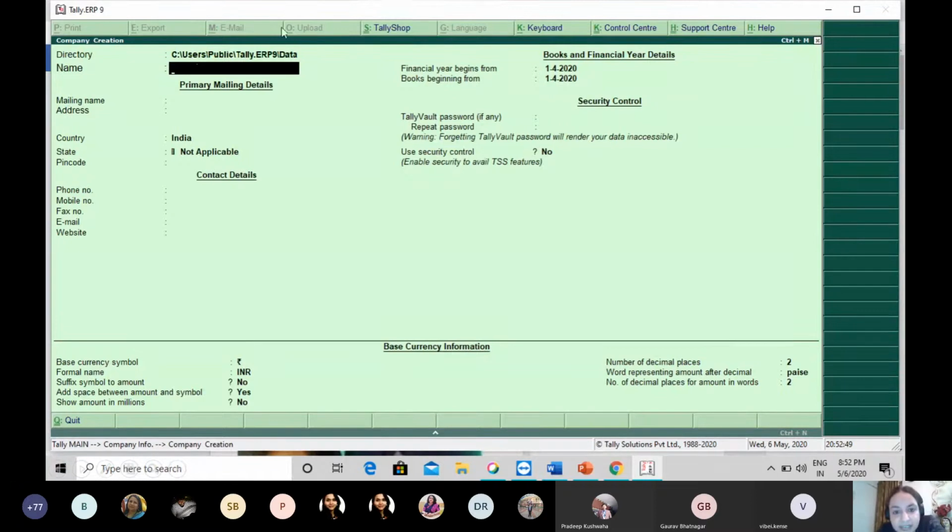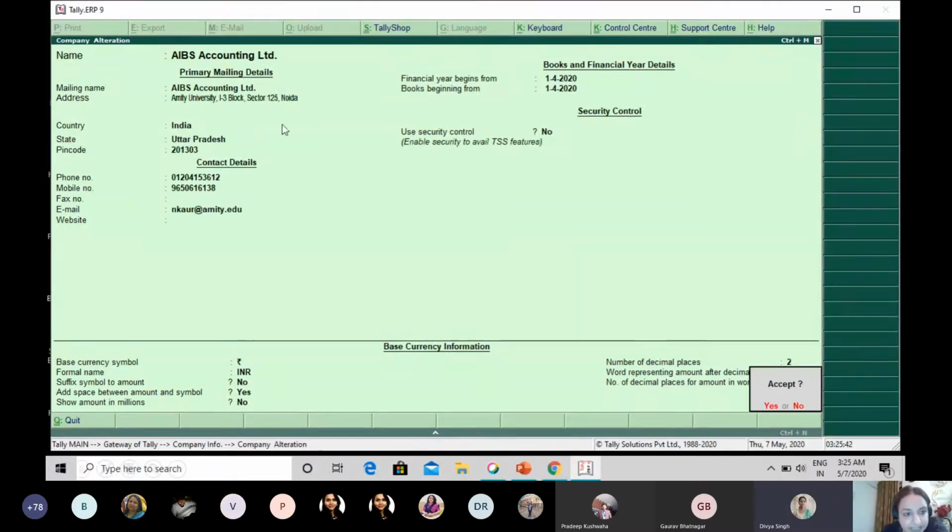Now the next step, you can see here on the right, we have financial year. Financial year begins from 1st April 2020. And if you think that your books begin after the financial year, because a number of times what we do is, after the financial year has started, we have formed the company. Let us say the financial year has started on 1st April and the books have begun from, let us say, 1st of May. So we can change the date here as 1st May 2020. So while creating the company, you can take into consideration all these things.